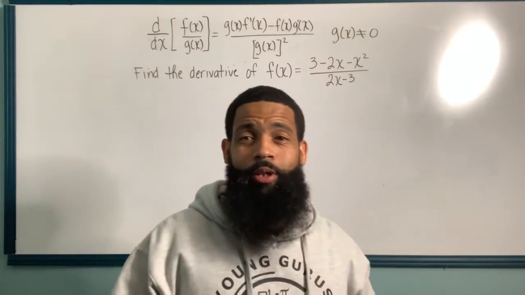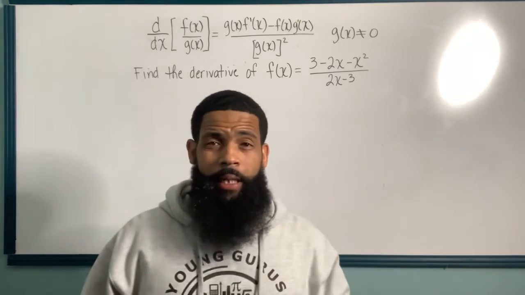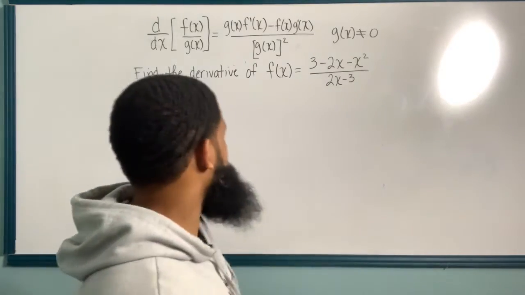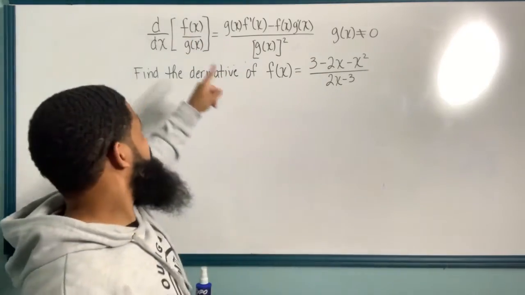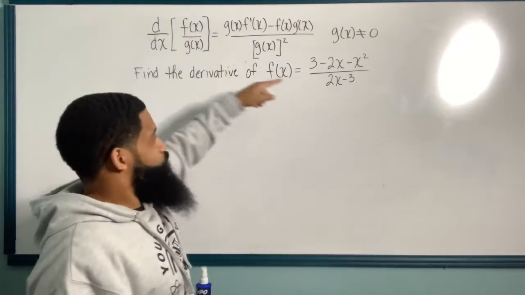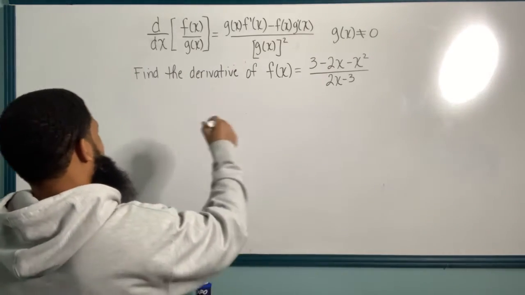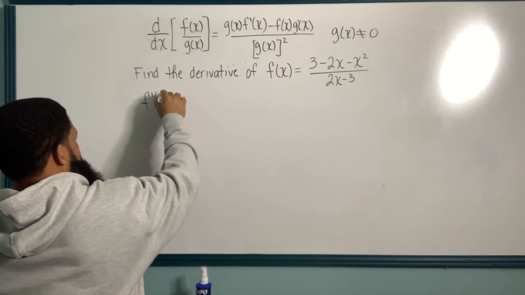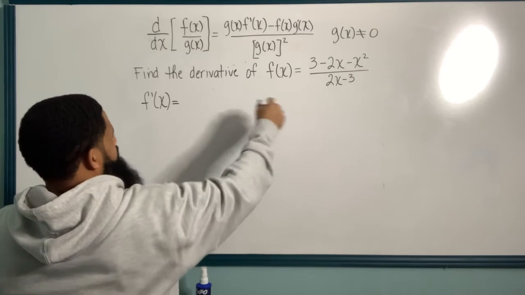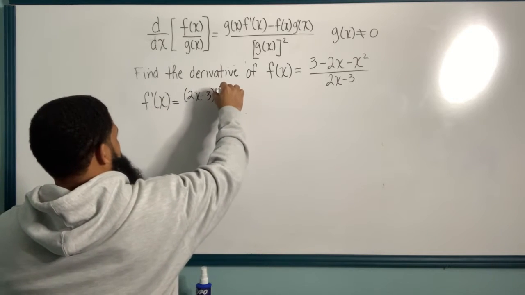In this example, we're going to still work with the quotient rule of derivatives, and we have another derivative. Remember, f of x represents the numerator and g of x represents the denominator. So stick to the rule. If I want to find f prime of x, that equals g of x, which is 2x minus 3, times the derivative